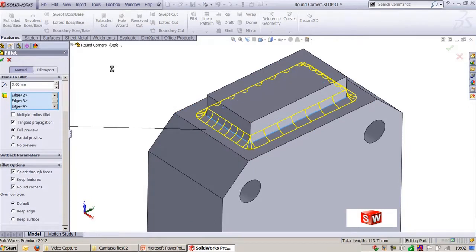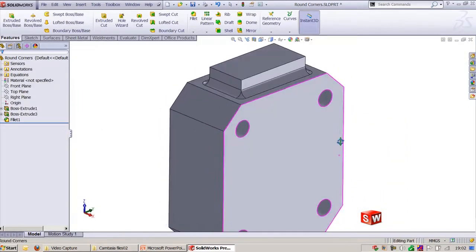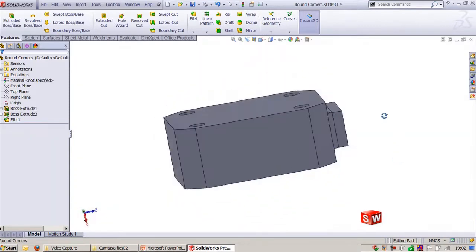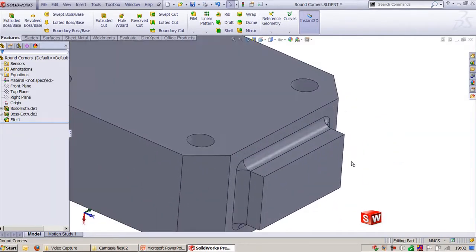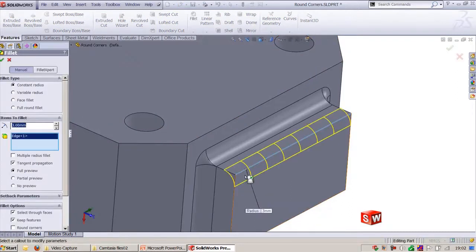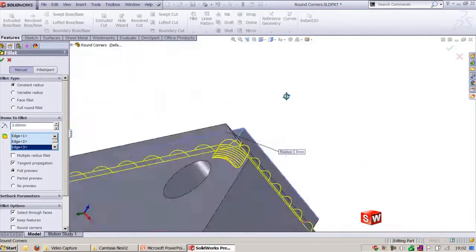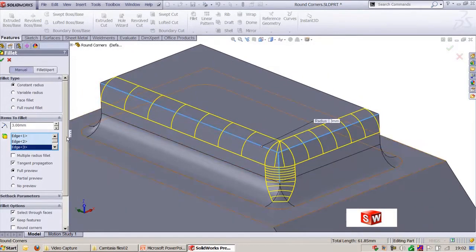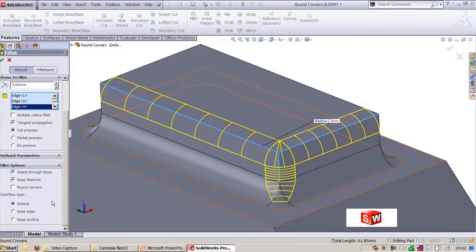And there is one more interesting feature. When you are creating any consumer products, you need to apply a stylish end. Now let's see how we can do this. I'll go and say fillet. I'll select this edge and this edge and this edge. Here you can see we have a corner, but this corner has to be defined in a different way. It means it should have a stylish corner. I can go and say